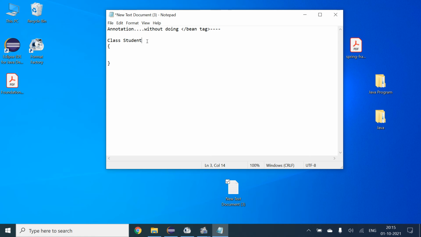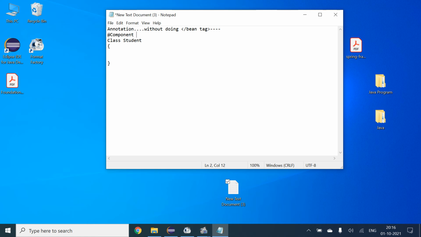So now the alternative is that we will just use the component annotation in our XML file.